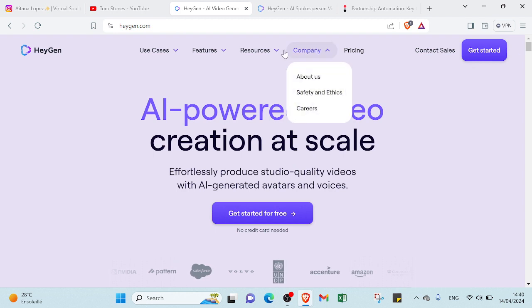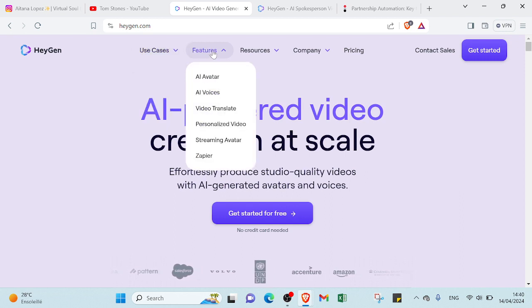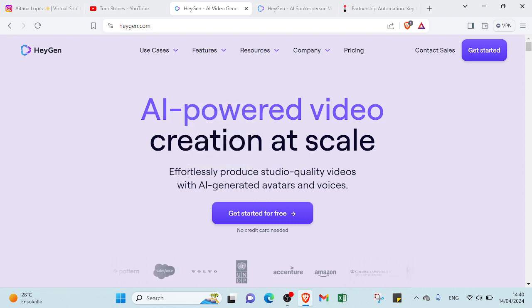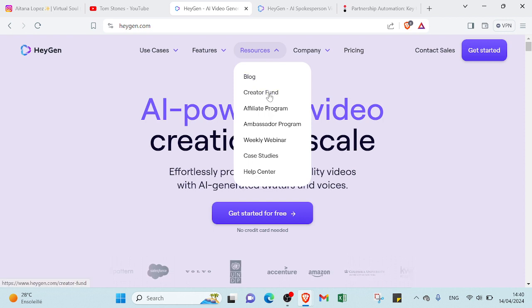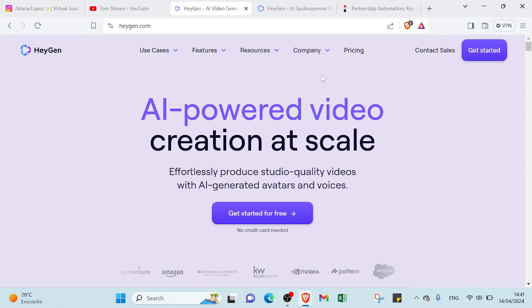But before getting started, let's see what we've got here. As you can see, under use cases, we have product overview, sales outreach, learning and development. Features: AI avatar, AI voices, video translate, personalized video, streaming avatar, zapier. Resources: we have here blog, creator fund, affiliate program, ambassador program, weekly webinar, case studies, help center. Company: here we have about, trust, safety and ethics, career, so you can choose the one you want,